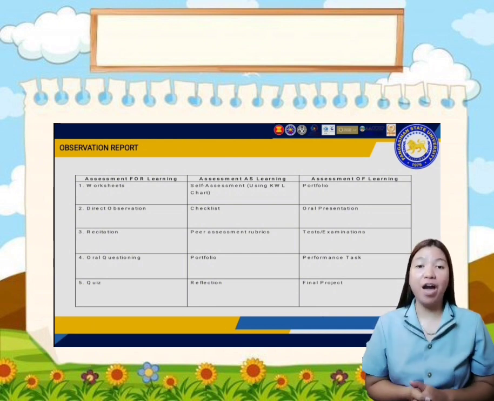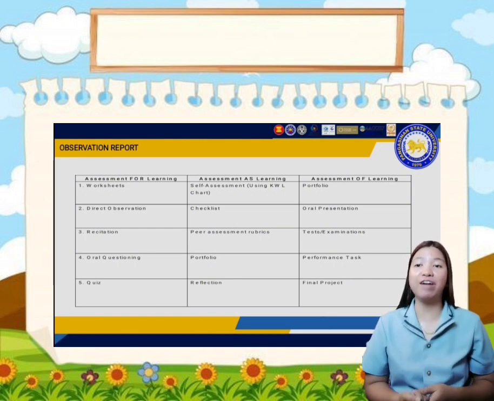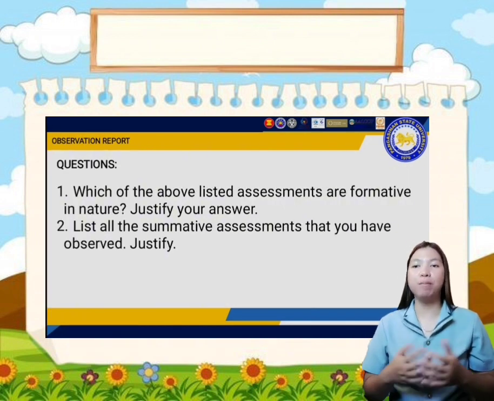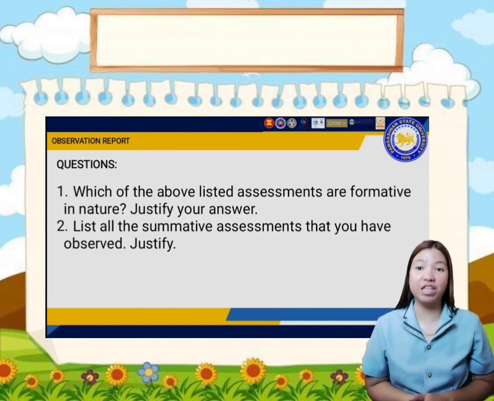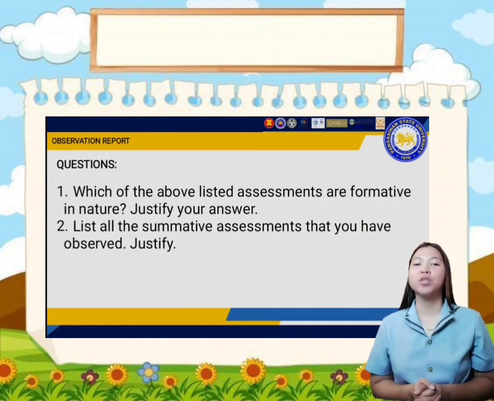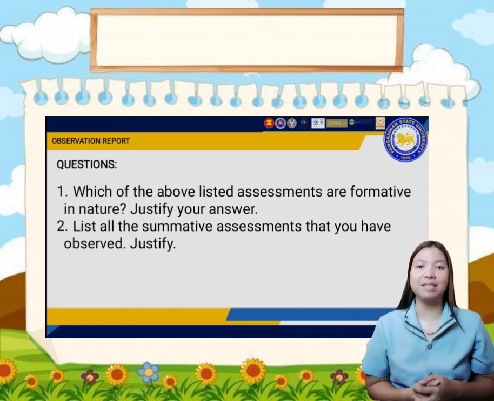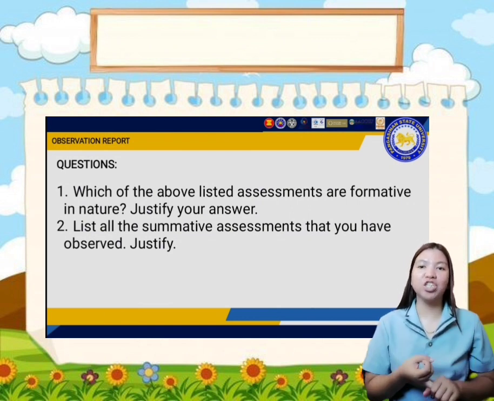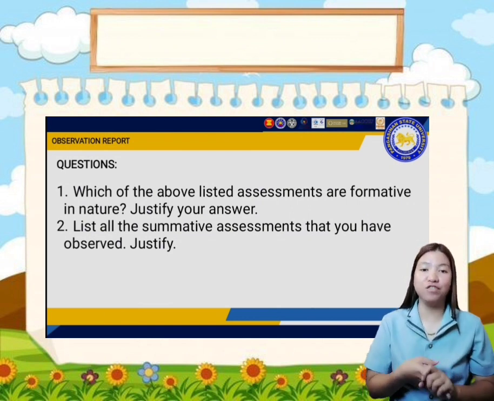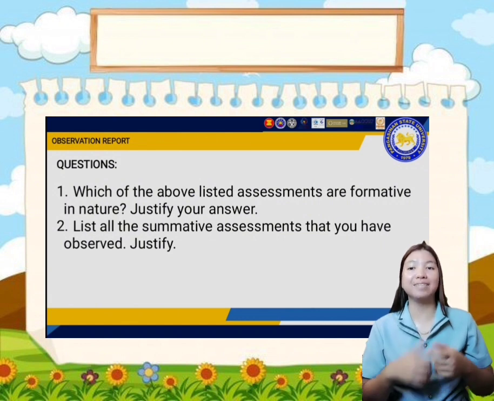Under this, we have our guide questions. We have the number 1 question. Which of the above listed assessments are formative in nature? Justify your answer. So in the above listed assessments, recitation, worksheets, oral questioning, observation, and self-assessment are the assessments that